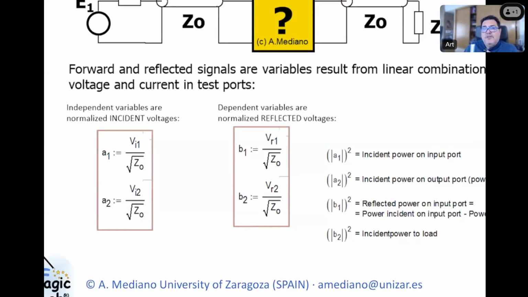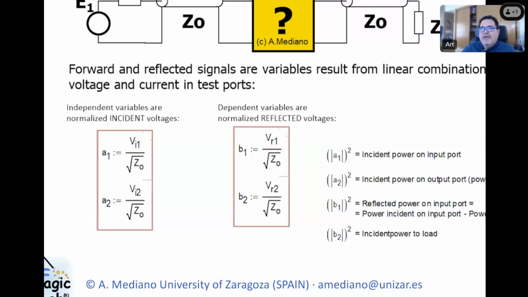When you specify these waves, A1, A2, B2, and B1, in this way, with the incident or reflected voltages normalized to Z0,